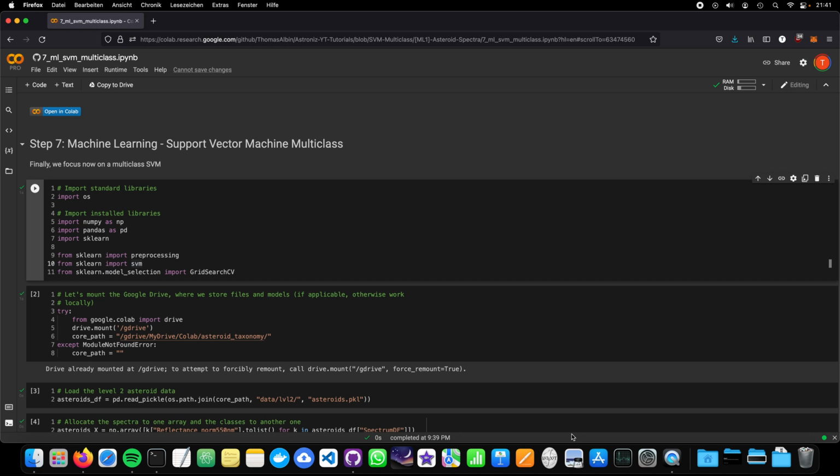So the last time we focused a little bit on the support vector machine. We considered a binary classification between the X class and what I called the non-X class. We did some grid search, parameterization, or finding the best parameters and some kind of fine-tuning. And today I would like to conclude it by showing that support vector machines are also able to do multi-class